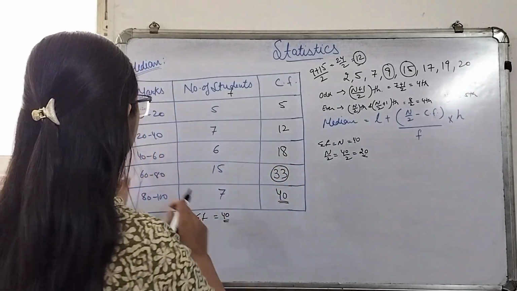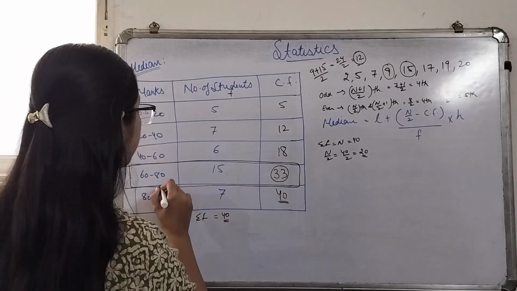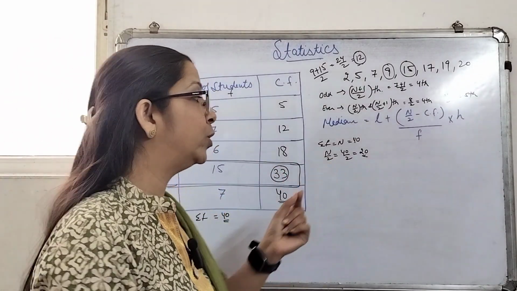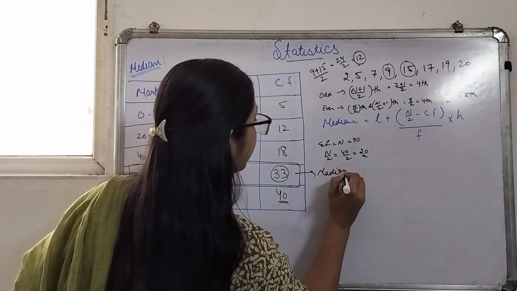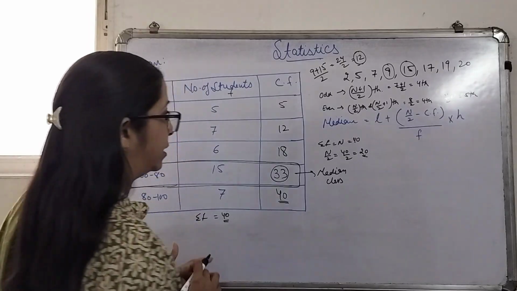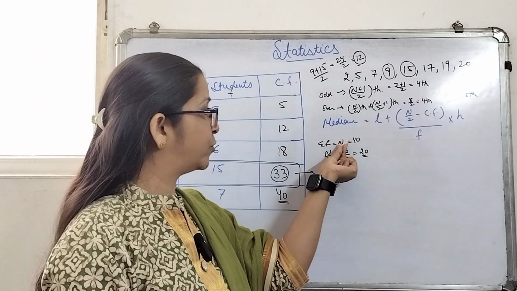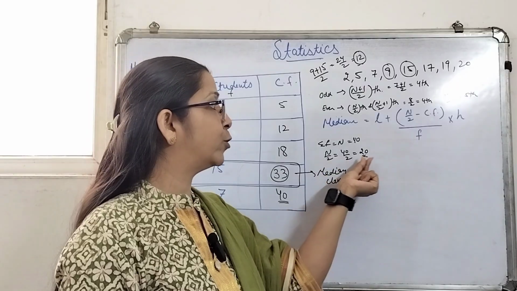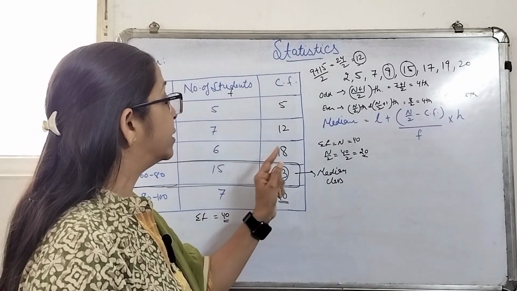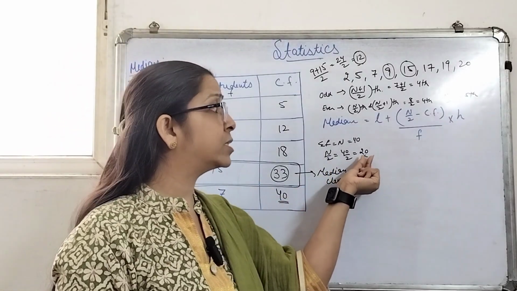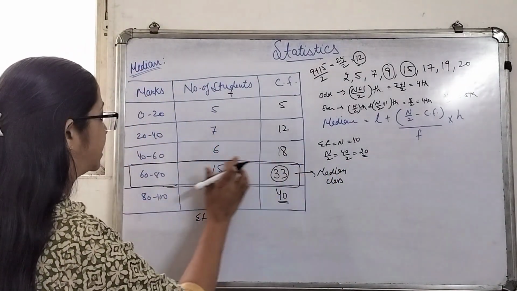That means the class interval which is having the cumulative frequency just above n by 2 is your median class. First of all, we will decide which will be the median class. For that, we will be finding the value of n, that is the total number of observations. We will divide it by 2. Whatever the value we are getting, we will be seeing the cumulative frequency. The cumulative frequency which is just above this n by 2,